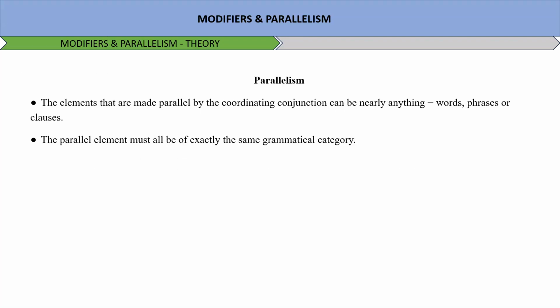Okay. Now in parallelism, what are the points to remember? That the elements that are made parallel by the coordinating conjunction can be nearly anything. It can be any word, any phrase or any clause. Similarly, the